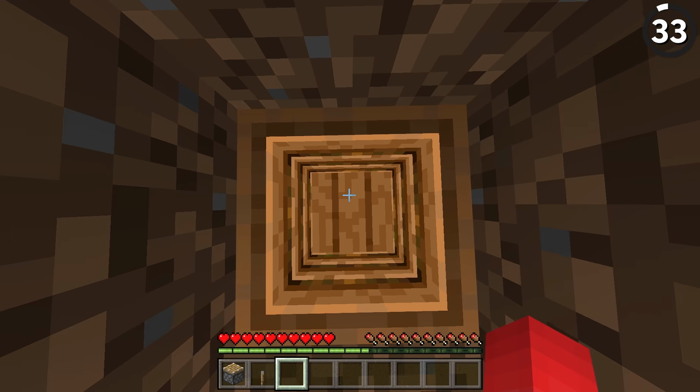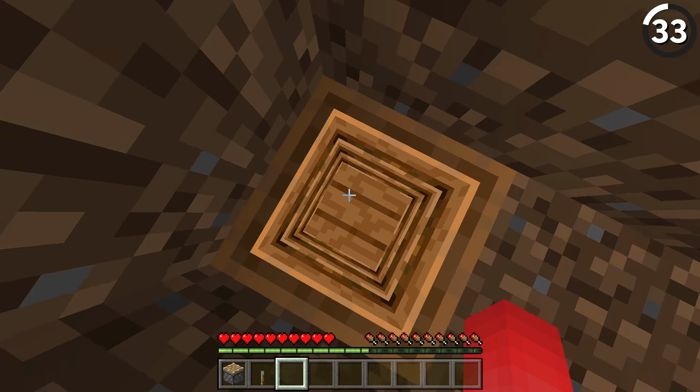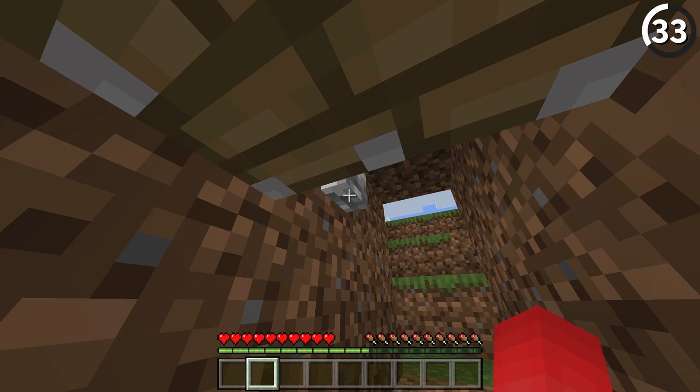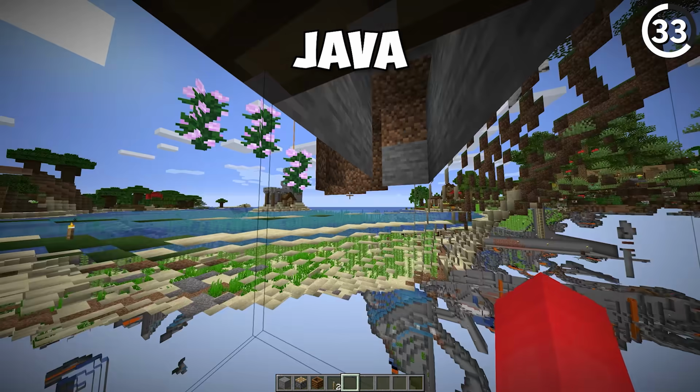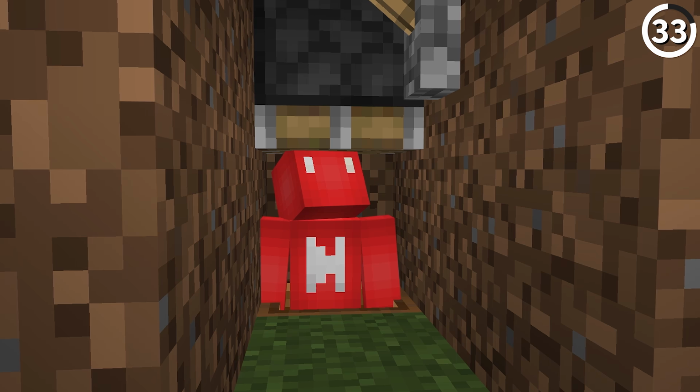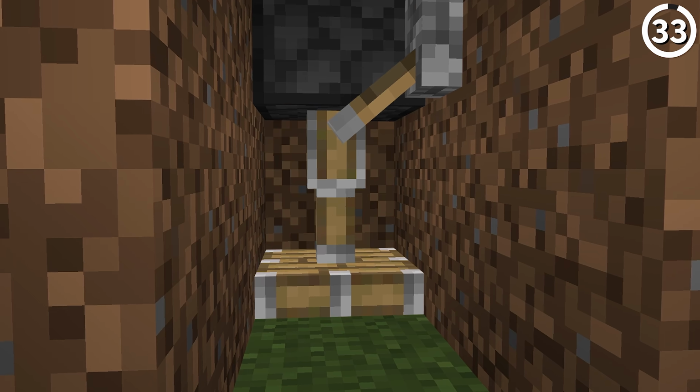In Bedrock Edition, if you were to position yourself inside of a composter with a piston over top, and then flip the switch to power it on, you'll notice that nothing happens. But on Java Edition, this actually allows us to get an X-ray glitch, which is a lot more helpful than just being smushed inside of a composter.